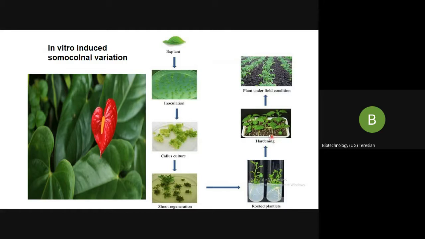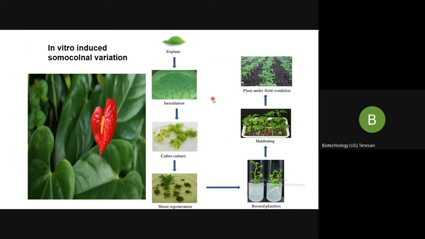And this whole process of in vitro regeneration from your explant, your inoculation, your callus formation, your shoot, your root development into the whole plant, and then coming into the field from your greenhouse. Always these plants were in your laboratory under your control, and suddenly they are facing this outer world, and we are preparing them to face this actual nature, and that is called hardening, right? But don't you think they are facing so much stress?